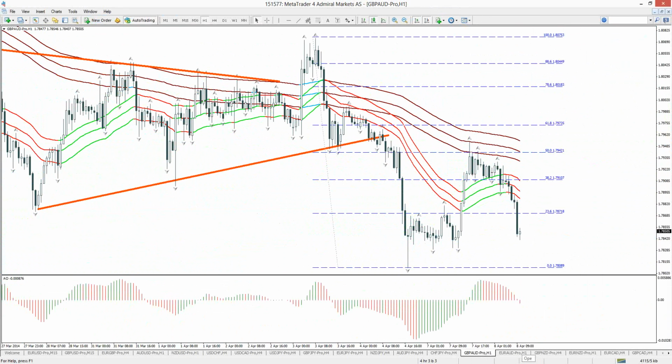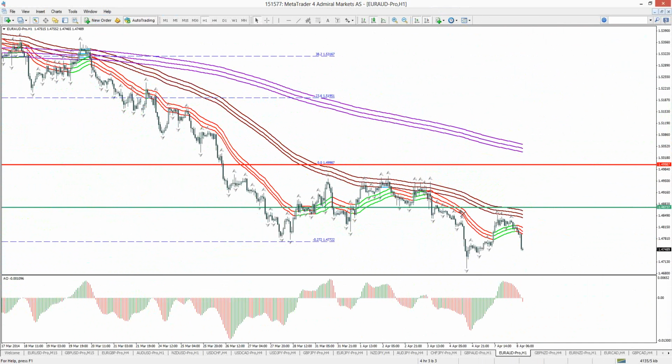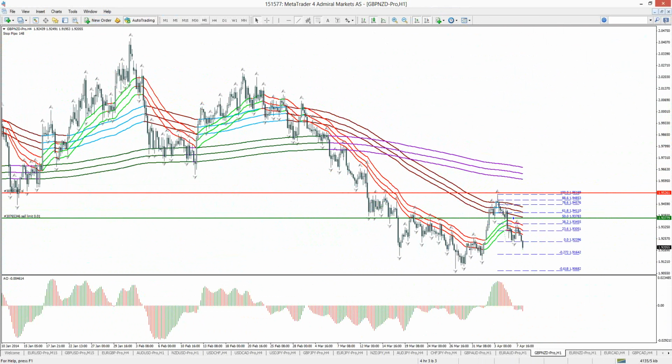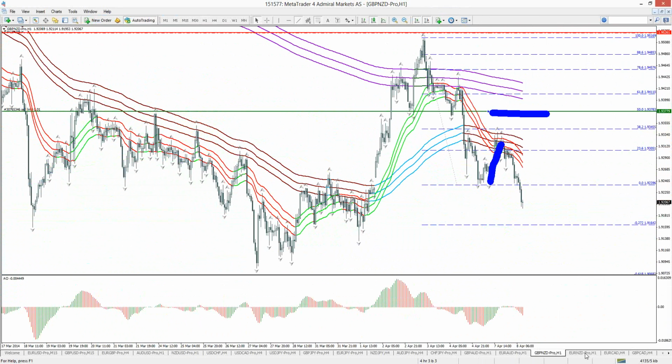Euro odd too, basically. Also here, moving down up to the 50 fib. Maybe some of you took this breakout trade right in here, the break of this black line. That was a good fall. That had a retracement to the 61.8, actually, the euro odd, and now moving down below. Pound New Zealand, same story. Actually, I was hoping for the 50 fib, didn't get there, went to the 38.2, and is breaking below. I did take the euro New Zealand on a different account though,